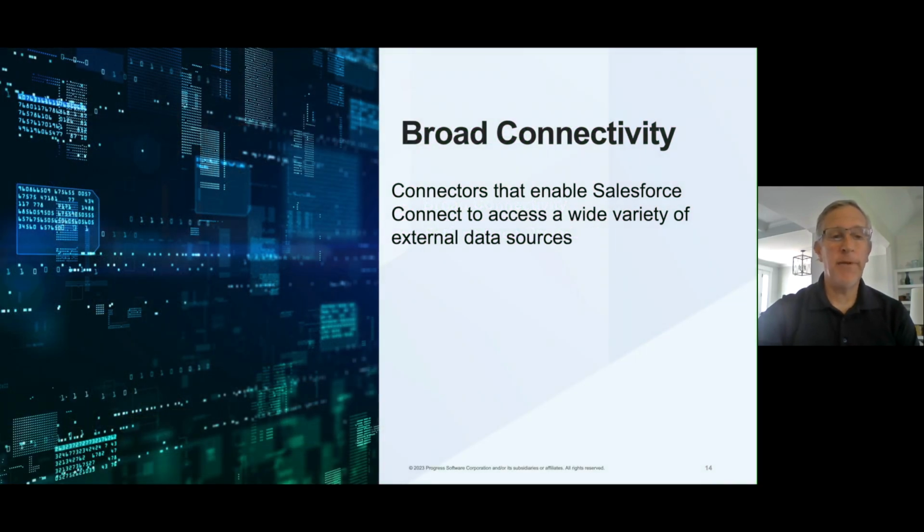So the first one that I had actually mentioned was broad connectivity. DataDirect provides connectors that enable Salesforce Connect to access a wide variety of external data sources, including traditional databases, think Oracle, SQL Server, MySQL, and cloud-based applications, and even APIs. And this broadens the range of systems Salesforce Connect can integrate with, from on-premises databases to software as a service